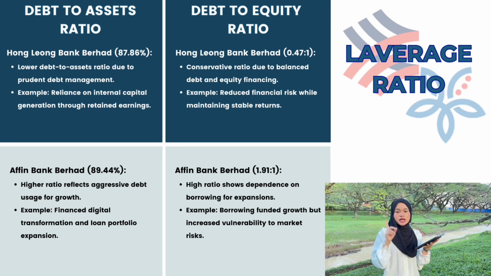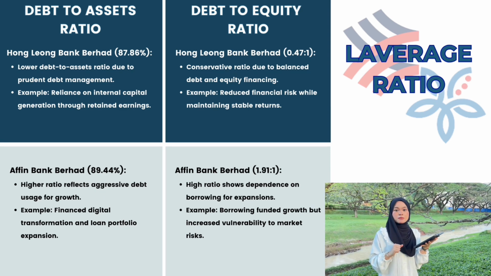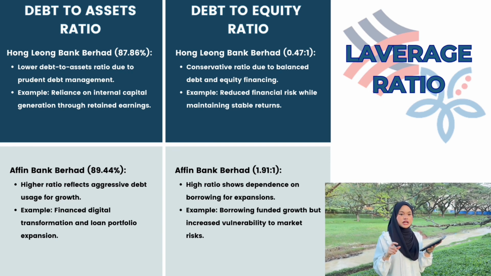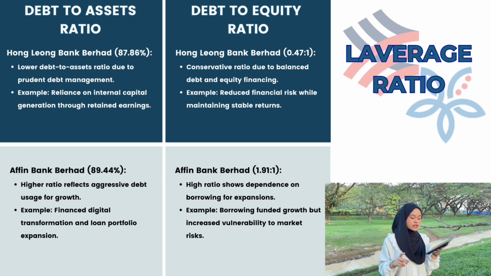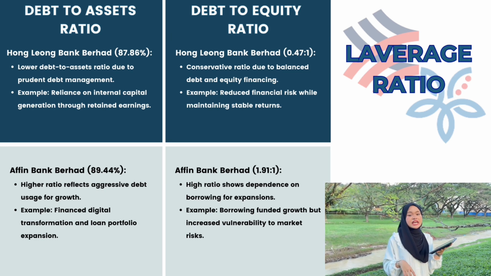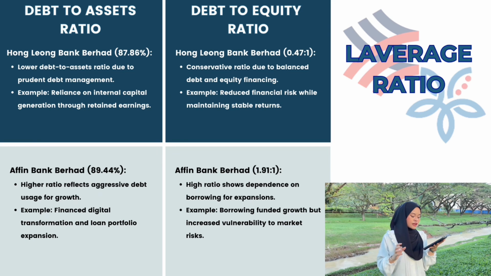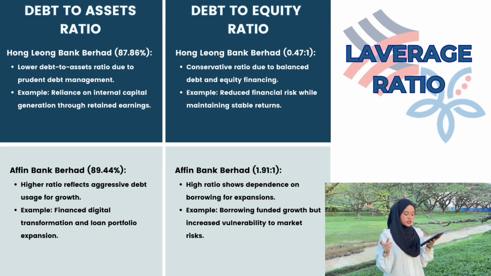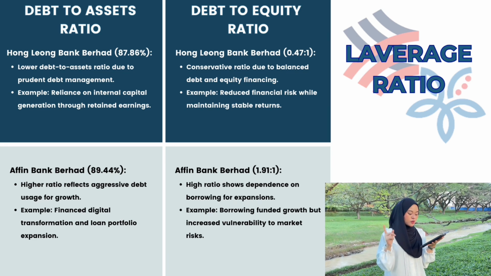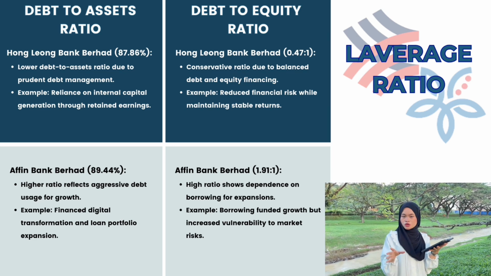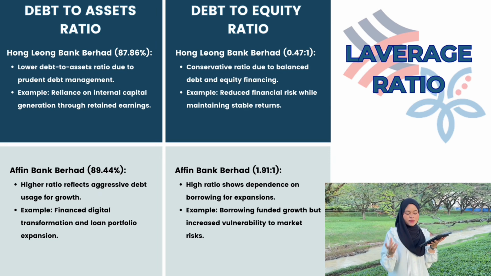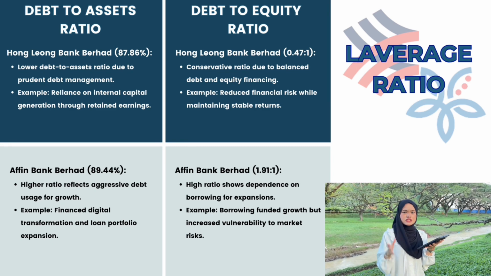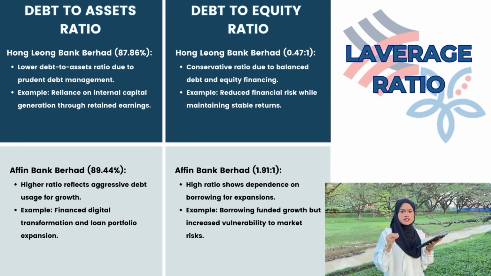97.96%, reflecting careful debt management through internal capital generation. Affin Bank's lower ratio is 89.44%, resulting from aggressive borrowing to fund loan expansion and digital upgrades. And for debt to equity ratio, Hong Leong Bank maintains a conservative debt to equity ratio of 0.47 to 1, balancing debt and equity to reduce their financial risk. And for Affin Bank, their ratio was 1.91 to 1, reflecting a heavy reliance on borrowing, increasing its financial vulnerability